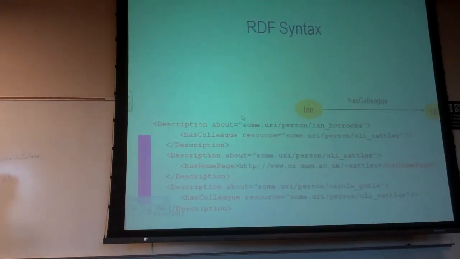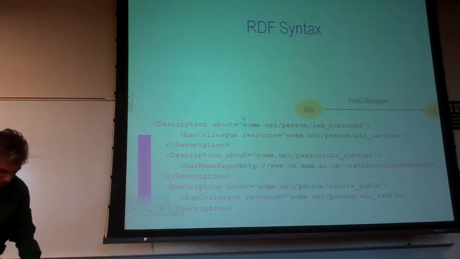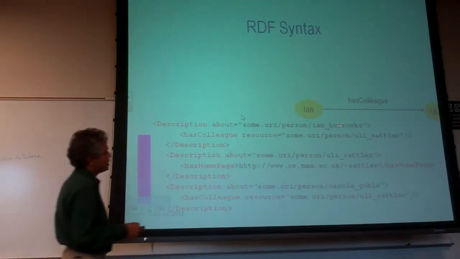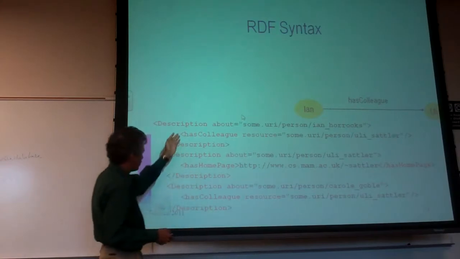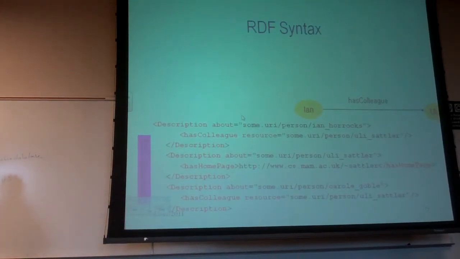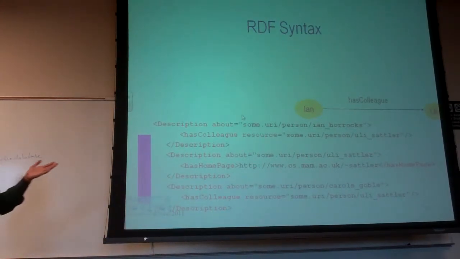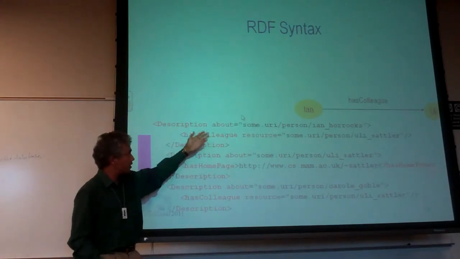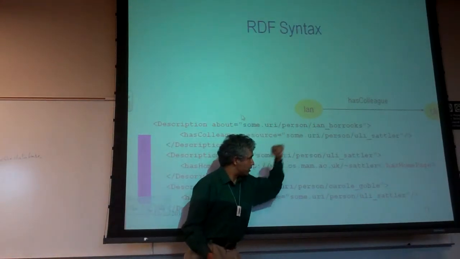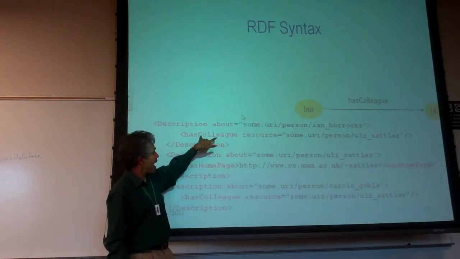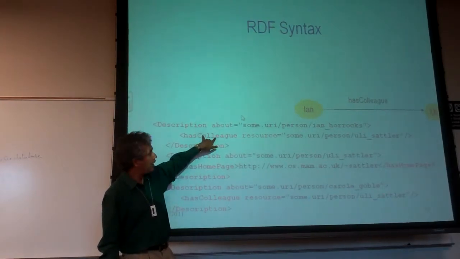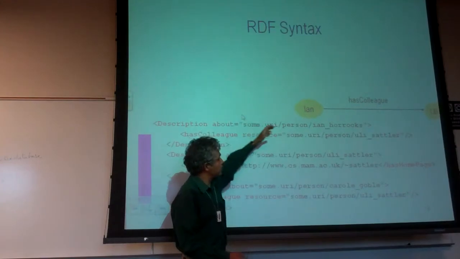Okay. So here we are going to look at Ian has colleague Uli. This is a particular XML serialization. It looks reasonable enough. It says description about this particular URL, and has colleague is the property, and notice that each property is